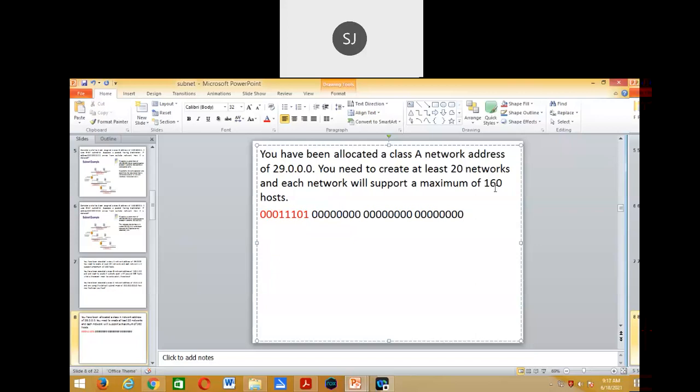With 2 bits, how many hosts can you address? It is always 2 raised to something, 2 raised to 2. That means 4. Correct, no? So with 2 bits, you can address 4 hosts. So with 3 bits, you can address 8 hosts. Yes or no? Are you getting me? Yes, sir. Getting, sir.